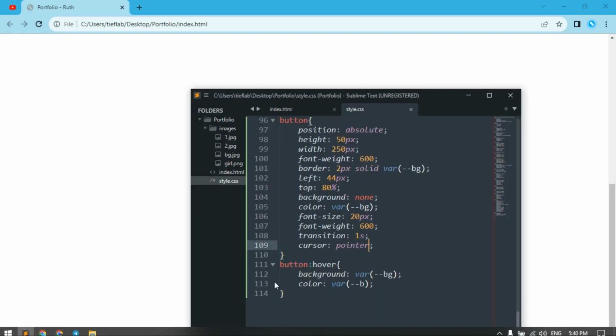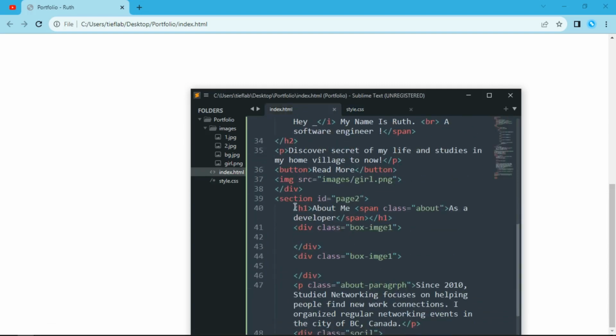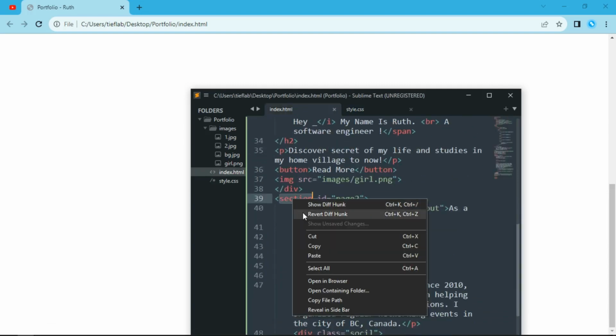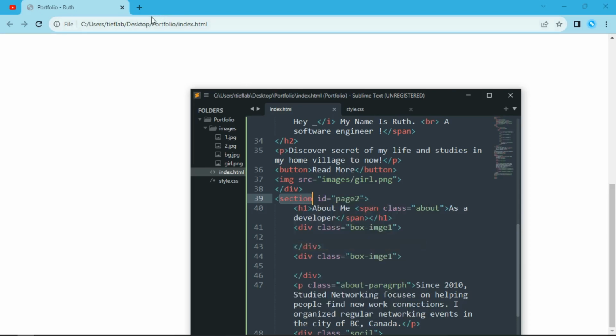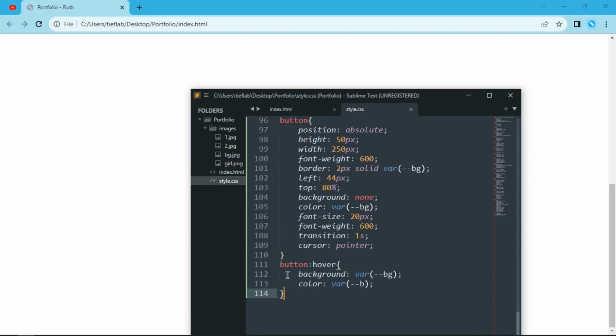So I'm going to the second section. I'm going to come handy, copy this. So I'm going to paste here, then